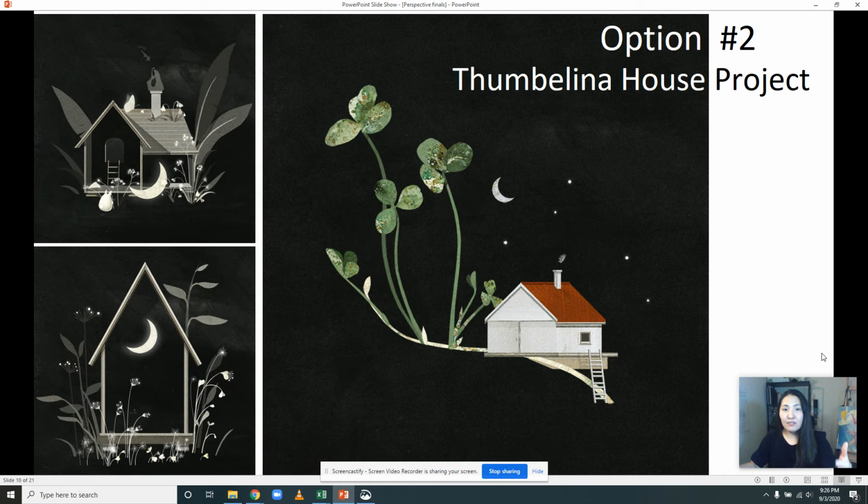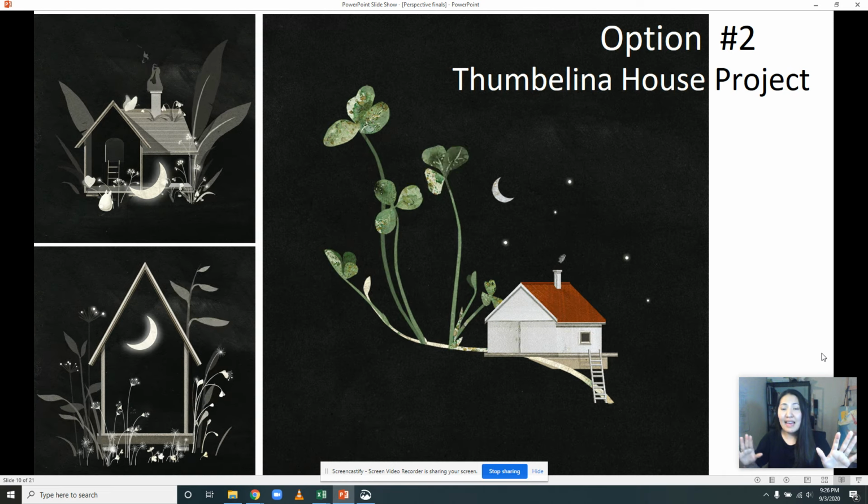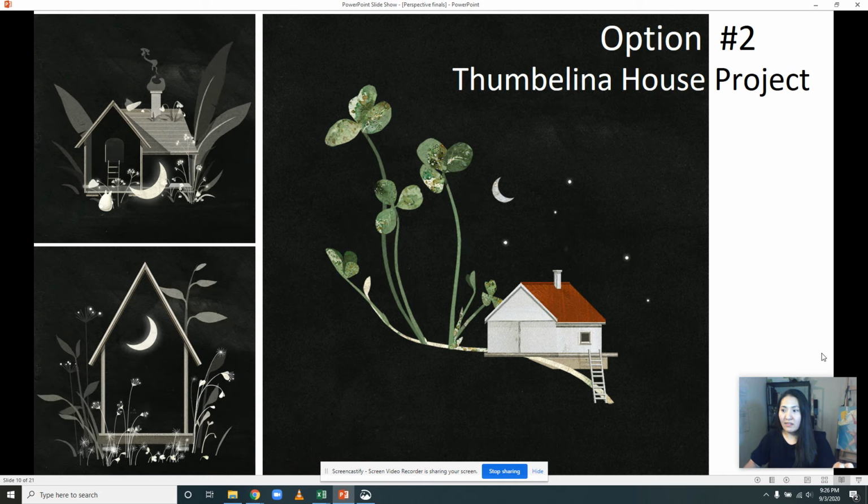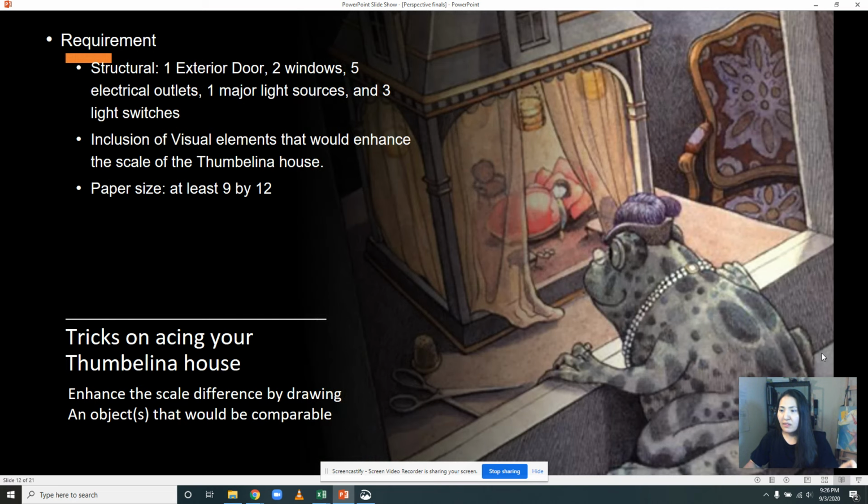By presenting different visual elements that we can use to estimate the size of the house, that's going to be the key point for you to do well on this assignment. For this assignment, you're only required to do one drawing, but your paper is going to be larger. Remember, for your first community house design, you're going to create two different drawings on two different A4 printer papers. But for this one, you're only going to do a 2-point perspective house, either interior or exterior, on a paper size